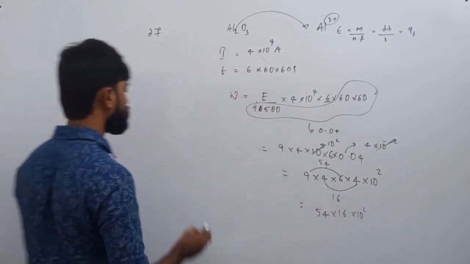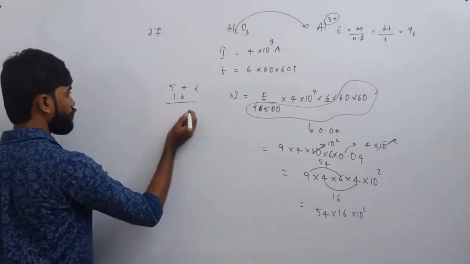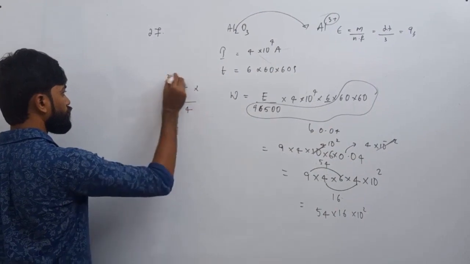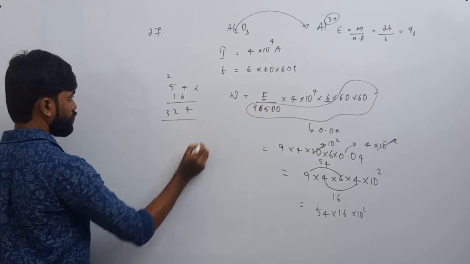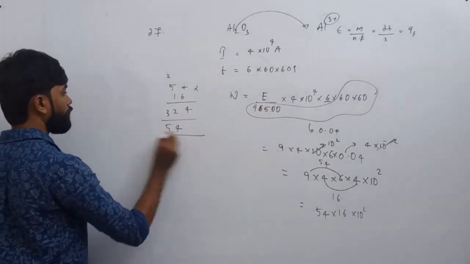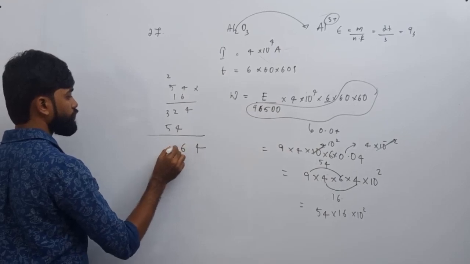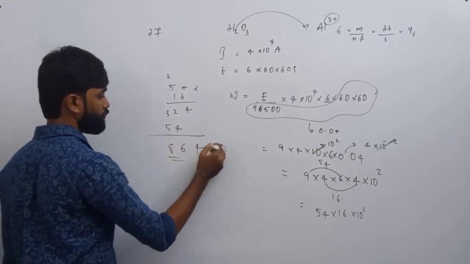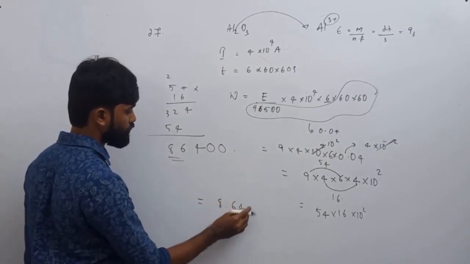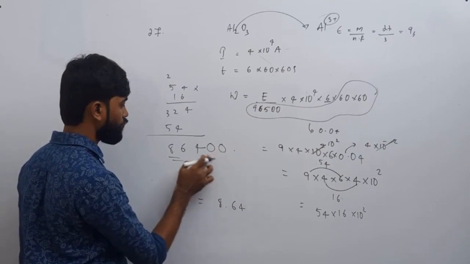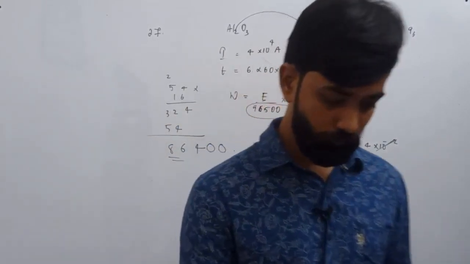So what is the answer? 54 into 16, 4 into 6, 24, 30, 32, 4, 5, 4, 6, 8. Okay. So this is the answer. So this can be written as 8.64 into 10 to the power 4. Fine. So the answer will be